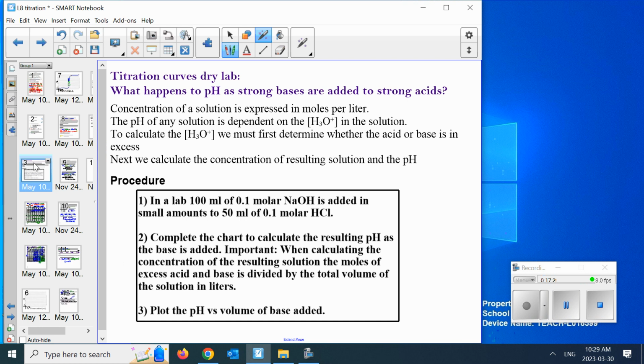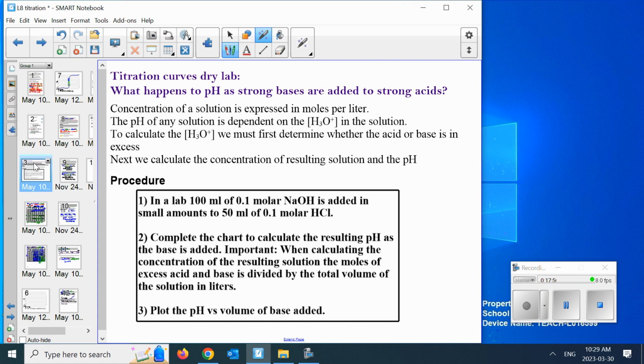Now, I want to tell you about this. Don't take this down as notes. I just need you to listen as we go over this titration curves dry lab. We're going to listen because then we're going to do the lab. What happens to pH as a strong base is added to a strong acid is really what we're going to talk about. Now, if I was to graph that,